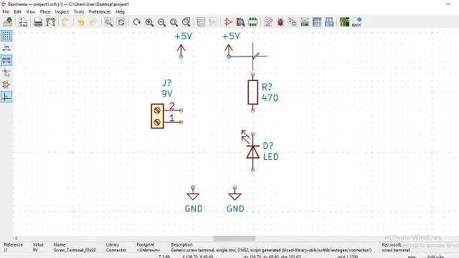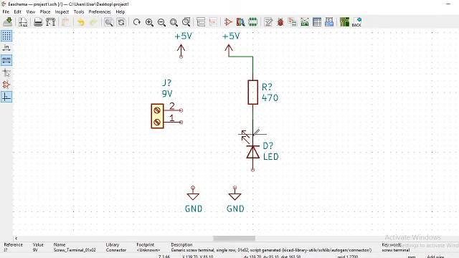Then single click, double click. So we will now interconnect the resistor with the LED. Single click, double click.